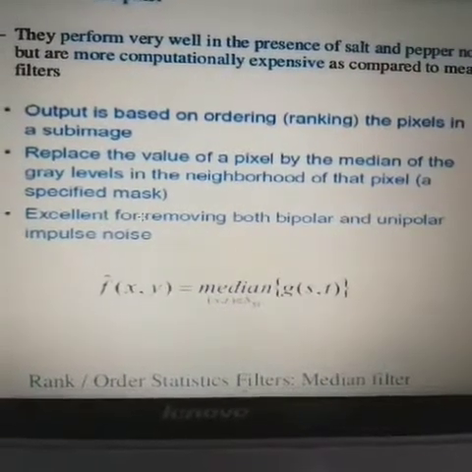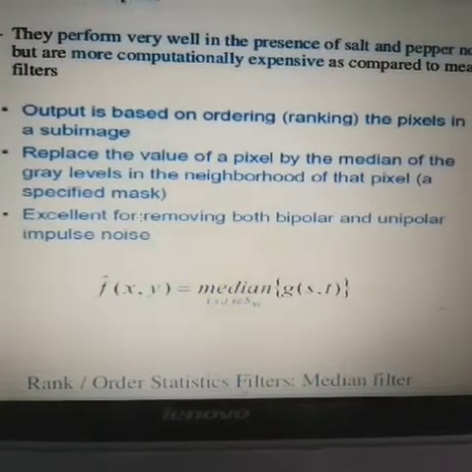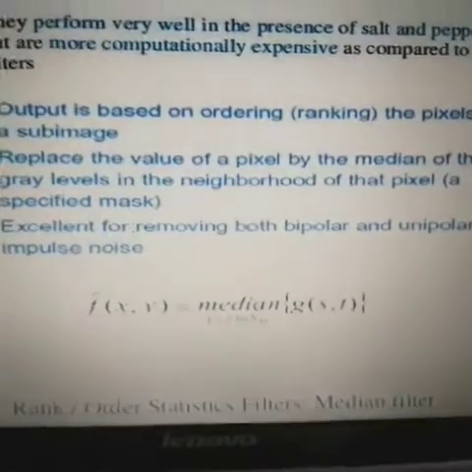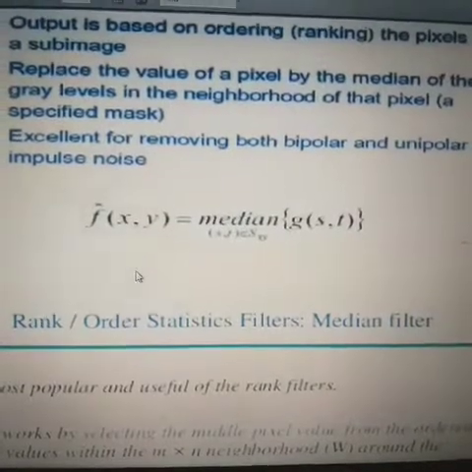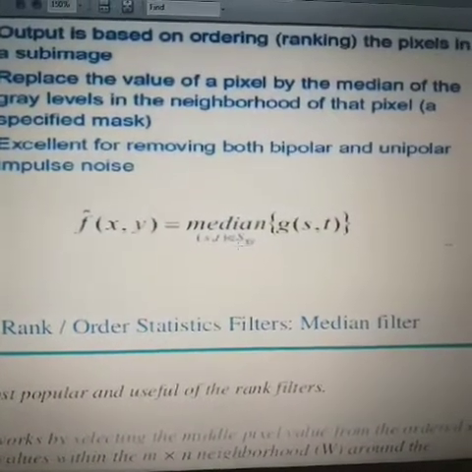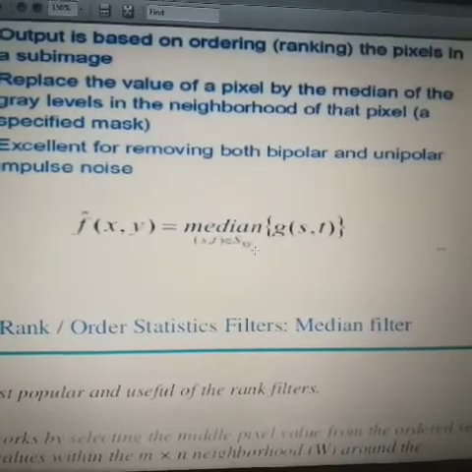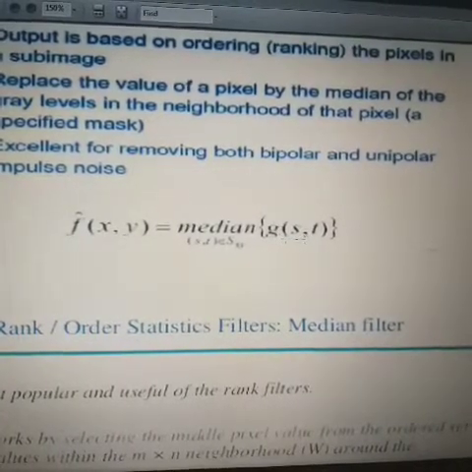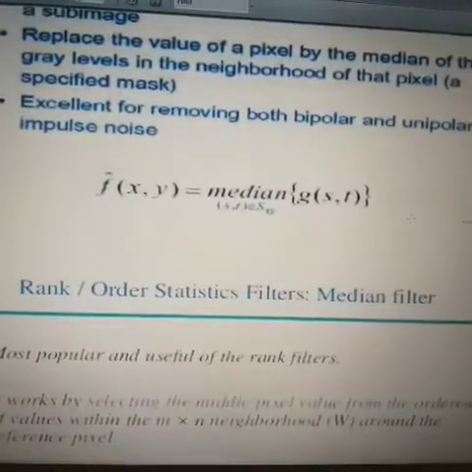It is excellent for removing both bipolar and unipolar impulsive noise, so we use the function f cap x comma y equal to median over s comma t belonging to S x comma y of g s comma t.